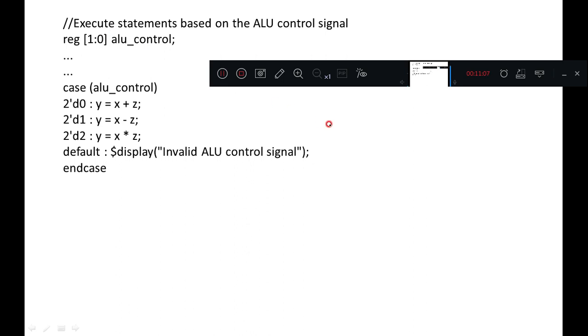The previous ALU example that we implemented with the help of the if-else statement can be implemented with the help of the case statement also. You can observe here the ALU control. I can draw the circuit for analysis.